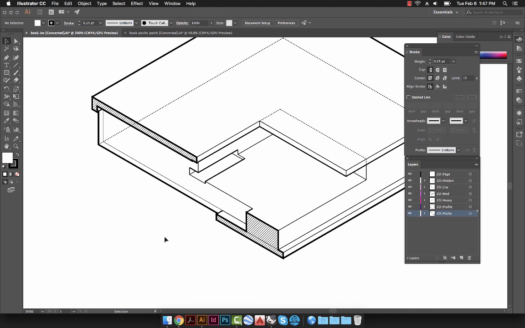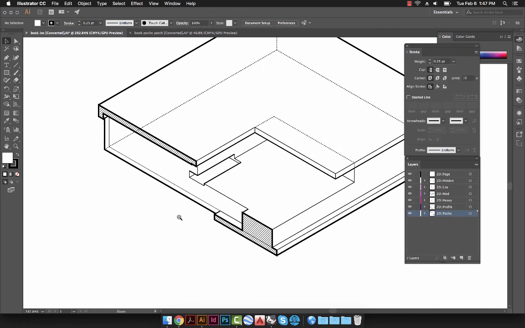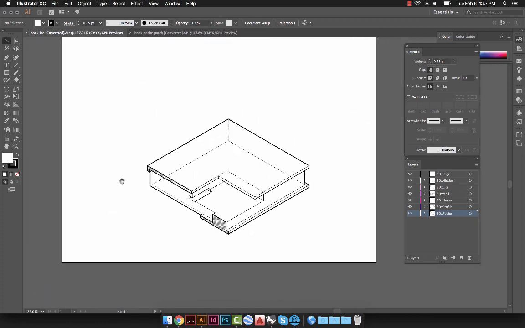So once again, we went over how to make an isometric. Then we had how to set our views, how to save them, how to name them, revert to them. We talked a little bit about the make2d, how to do our layer organization, how to set up a grid, how to export selected, and then bring into Illustrator and set up our line weights. So I hope this is helpful for you guys,